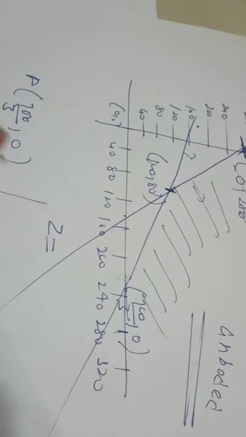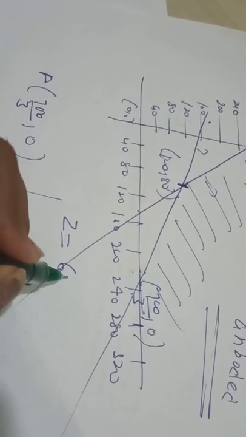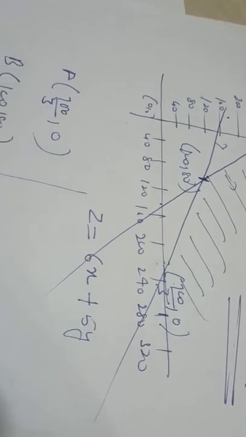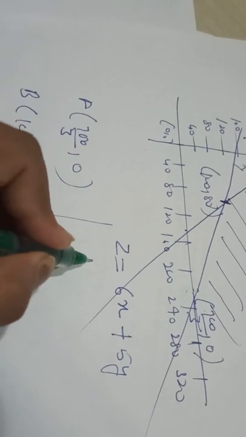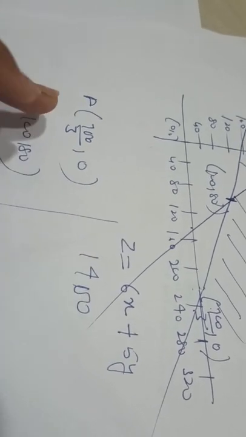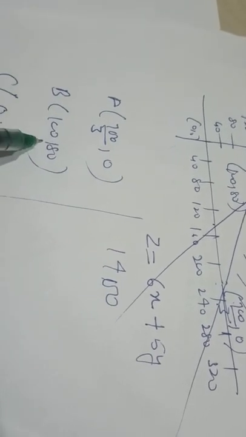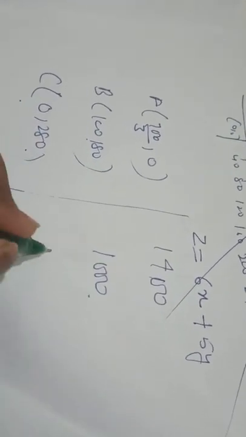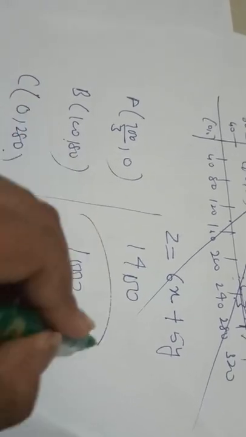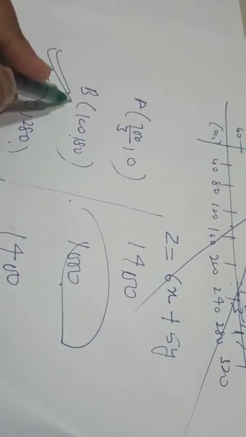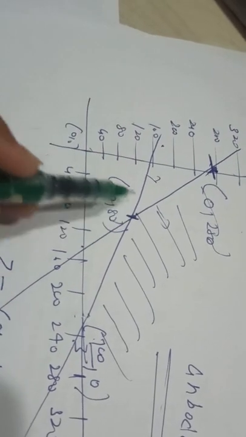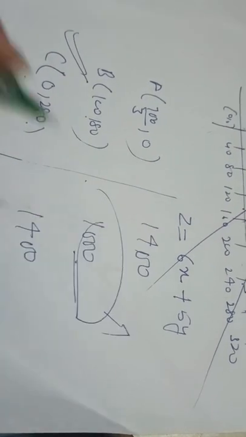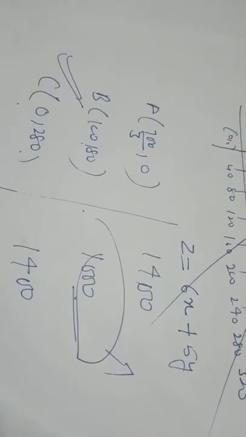At these values the cost function is to be minimized, and the cost for the first fertilizer was 6 rupees and cost for the second fertilizer was rupees 5. So you'll put these values, you get this value as 1400 when you put this point here, and when you put 100 corresponding 80 you get 1000, and when you put 0 and 280 you get 1400. So out of these, this is the minimum value, and I'm getting this value at 100 and 80. Even you could figure this out from the graph also. So this is my minimum value. This is how we have to attempt the LPP problem. Thank you.